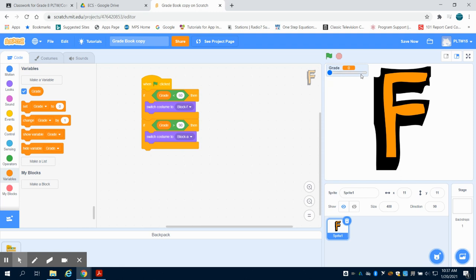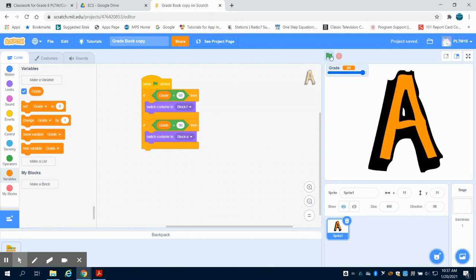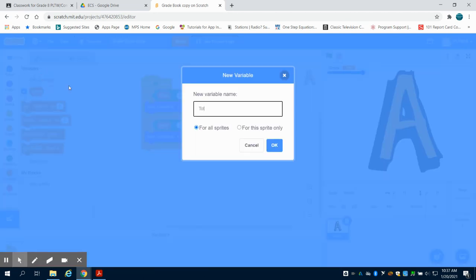In the previous video, we set up a gradebook or simplified gradebook. In this video, we're going to make it more usable. The previous video was more like a grade identifier. So to do this, we're going to come over and make some variables, and we are going to make a